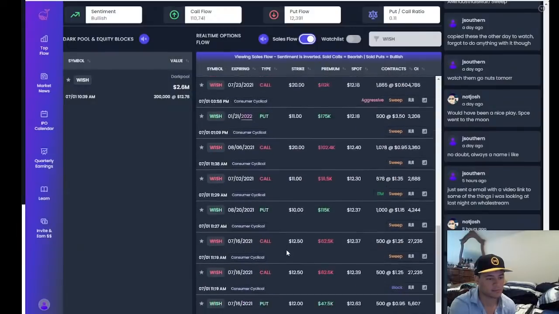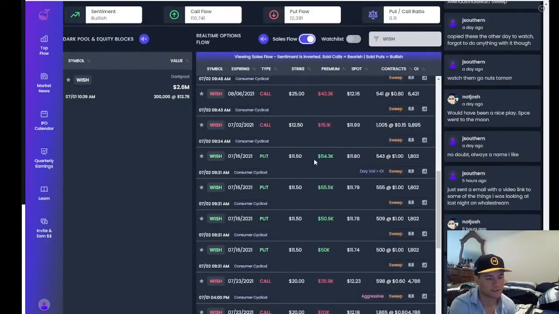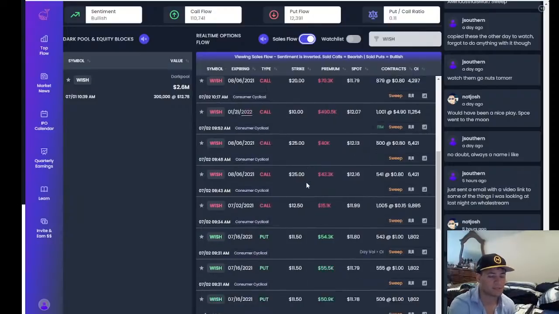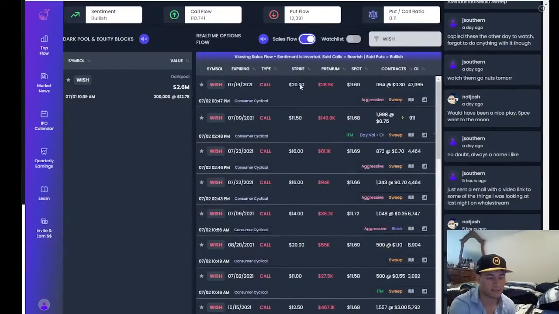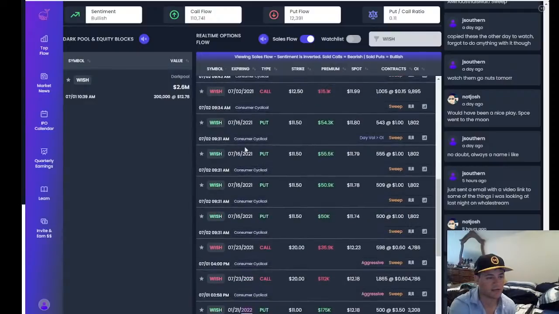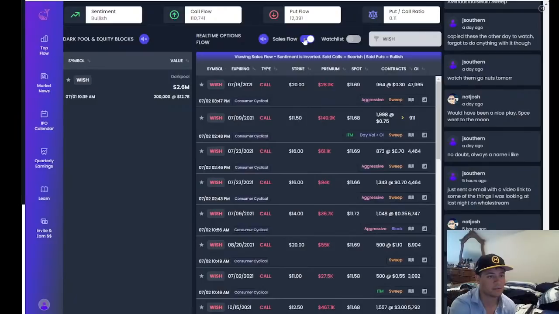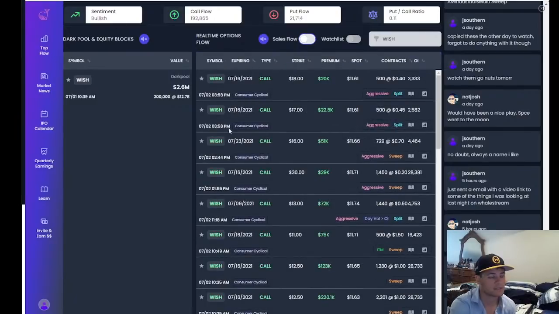And there's really nobody selling puts. There's a handful of people selling puts, all at the money. This is starting to make sense to me. When I flip over the sales flow here, it's showing me who's selling calls, and if the strike is higher than the price at the time of the trade, it's most likely a covered call. And then you've got puts being sold at the money. If you're selling an at the money put, you're bullish. So this is actually really, really good. This is actually really bullish.